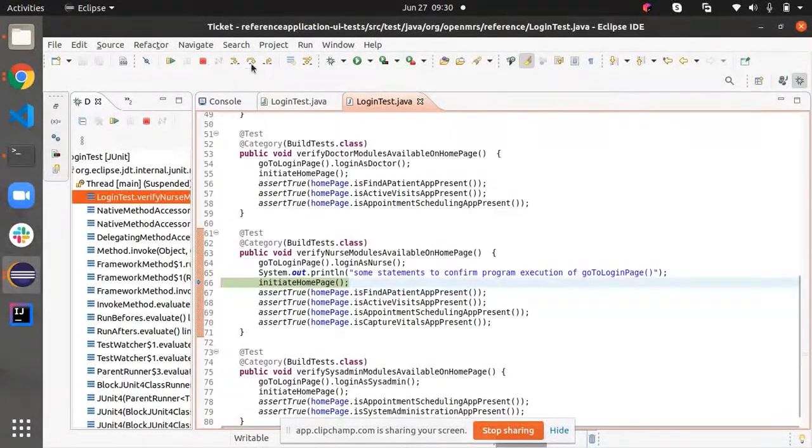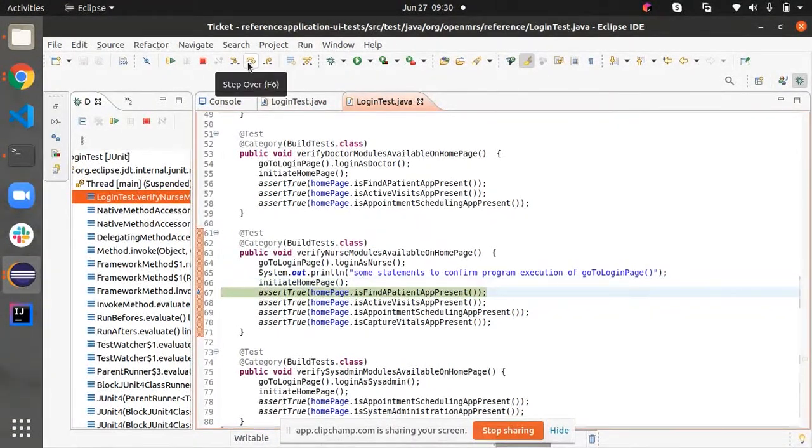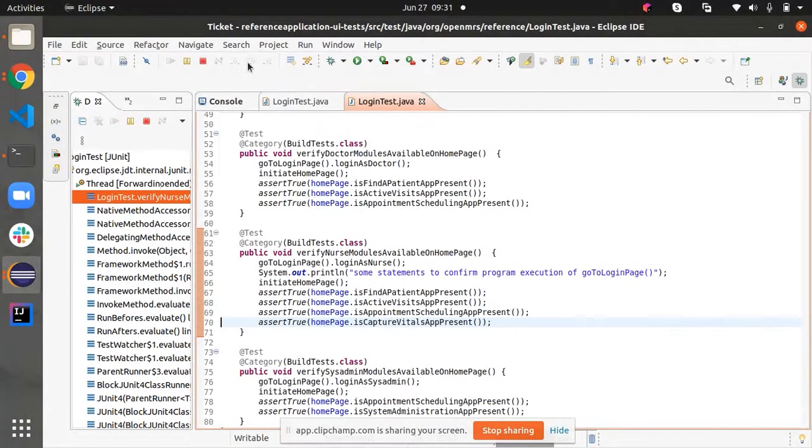So step over only executes line per line. Step over again, step over again, then I step over again, and again. So we have seen that our program is being hit, and then we can tell whether our test